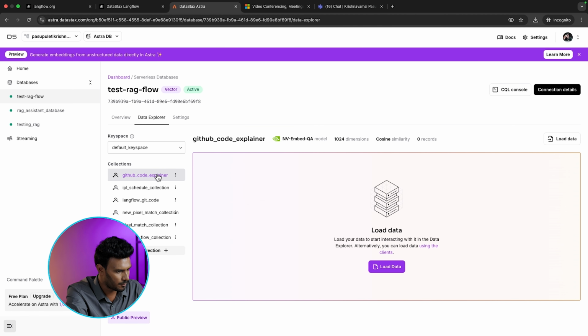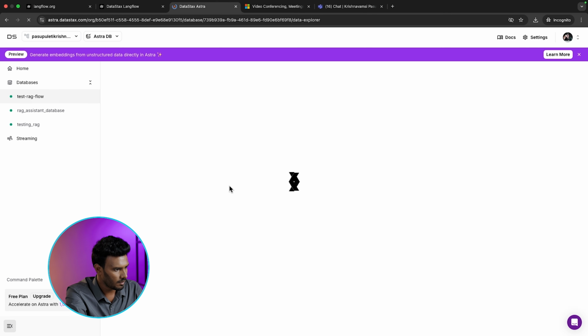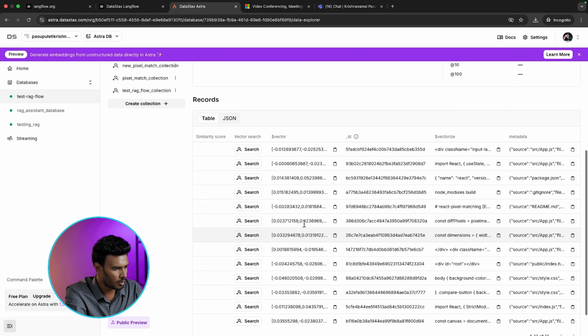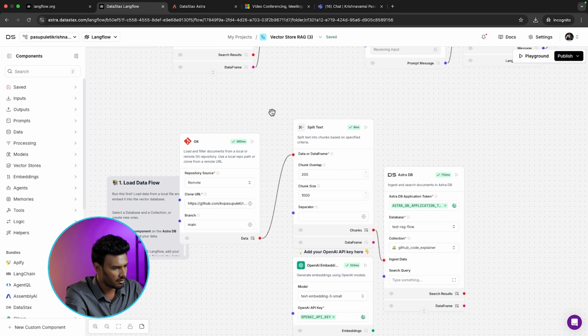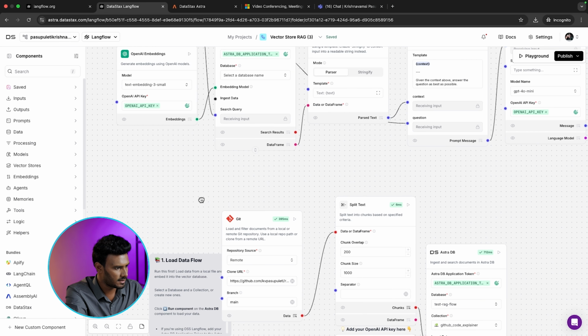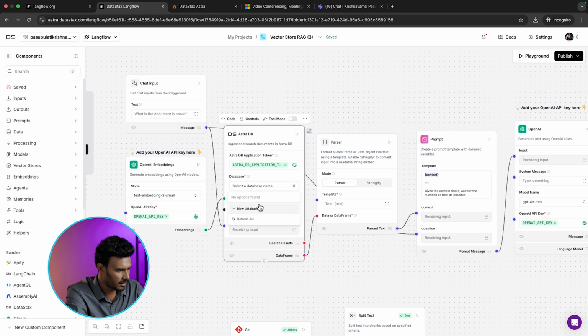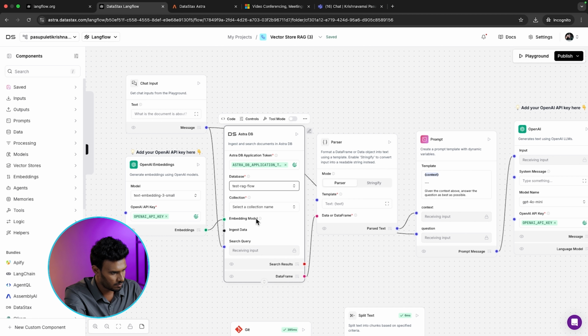If we go to this GitHub code explainer and reload this, this collection got some data added to it. Now that we have loaded the entire data, let's simply select the same database from here, testing RAG flow and GitHub code explainer collection,